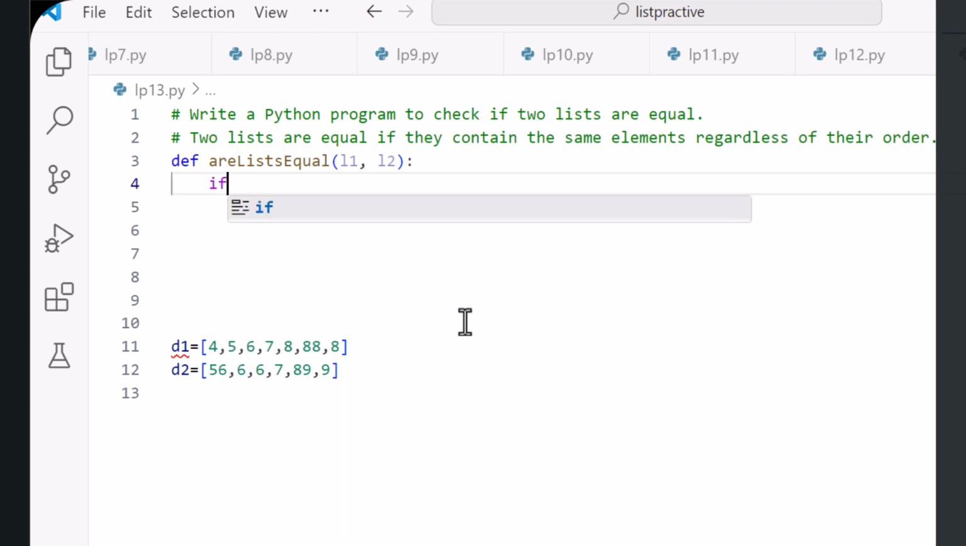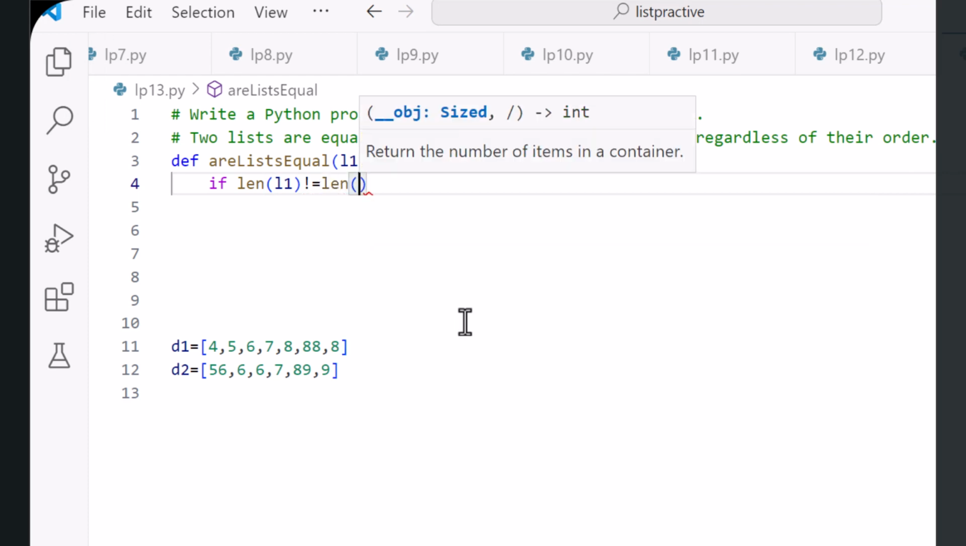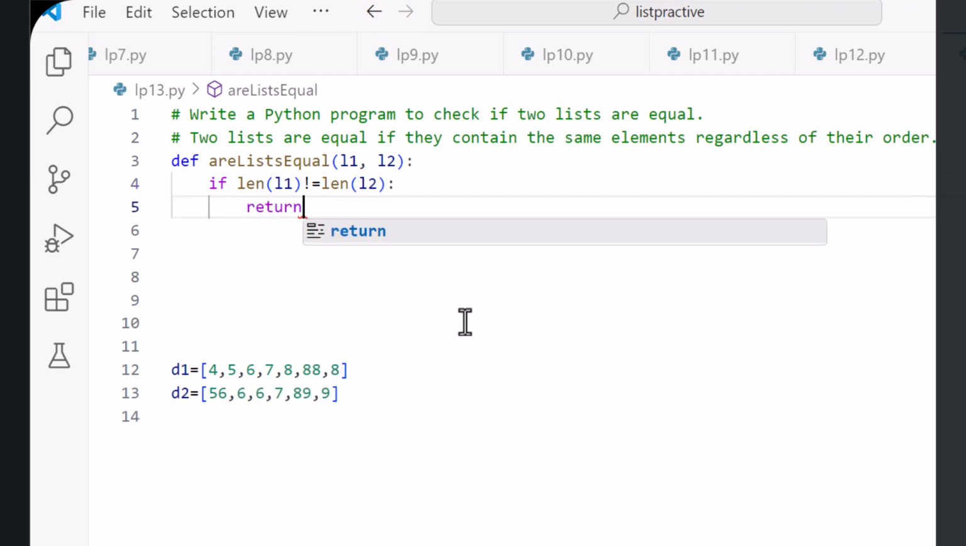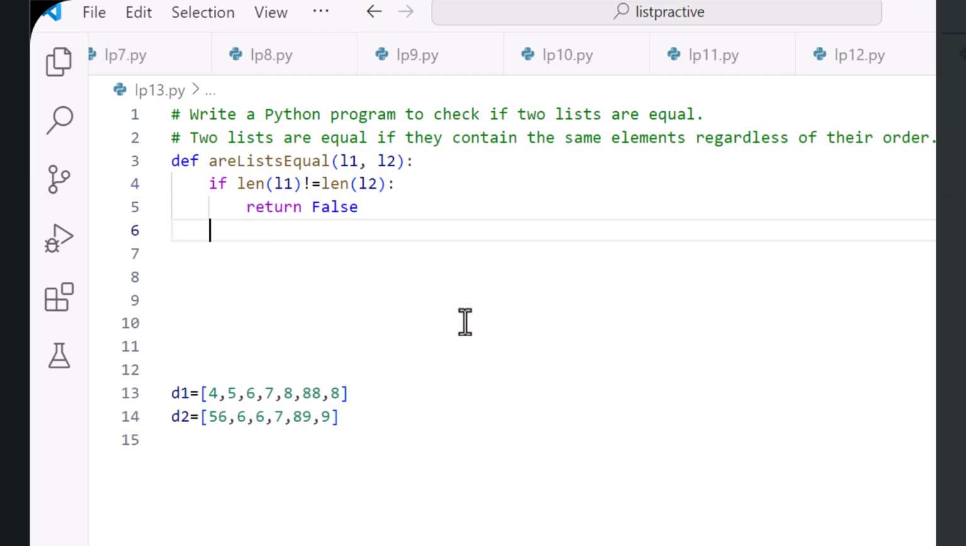So let us see now here. First of all, if len of l1 is not equal to len of l2, then return False. Easy, right? This is easy because they are not of the same length. But if they are of the same length, we need to make sure that they have the same elements and no other elements. That is, both should have the same elements. And by the way, there are so many ways to do this. I cannot cover all the algorithms in this tutorial, but let us say now here, I will say l1